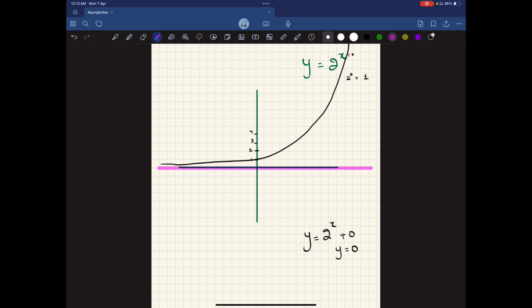Now let's imagine that the examiner gives you the function y is equals to 2 raised to the power x plus 1. What happens now? I don't know why, but I have this feeling that the examiner is going to test you on this particular concept in one way or another. Maybe they'll ask you to find the asymptote, or maybe sketch the graph of an exponential function where a constant